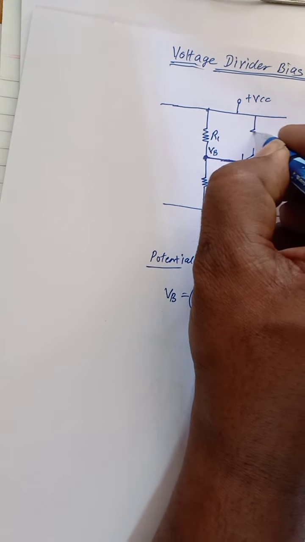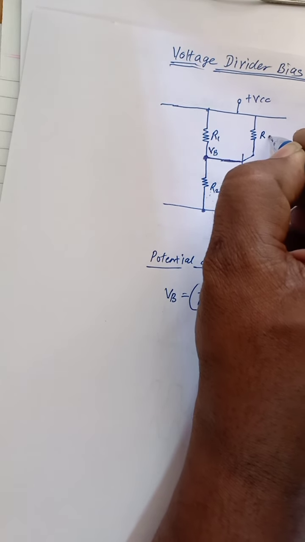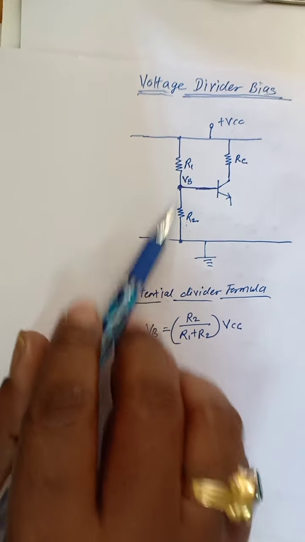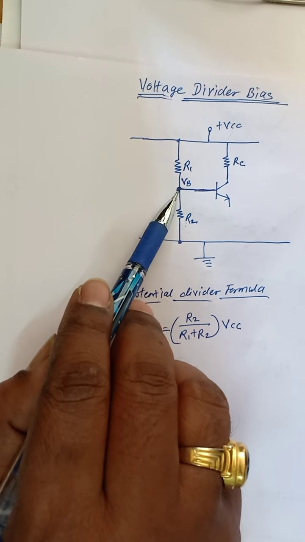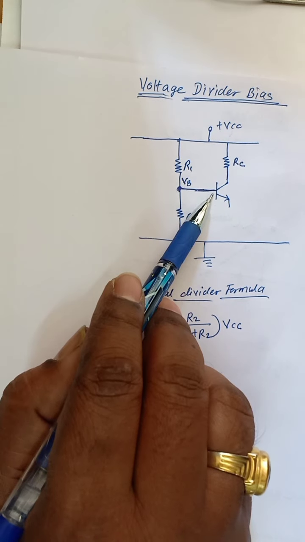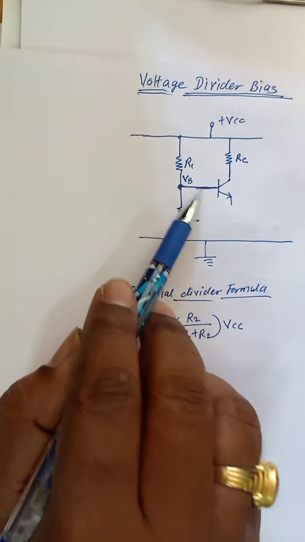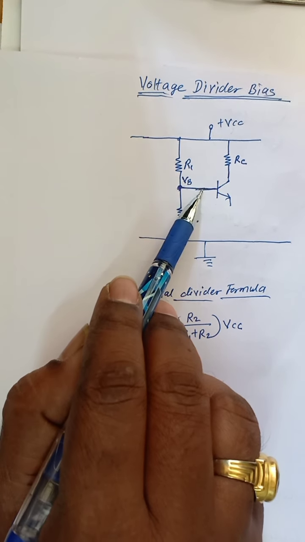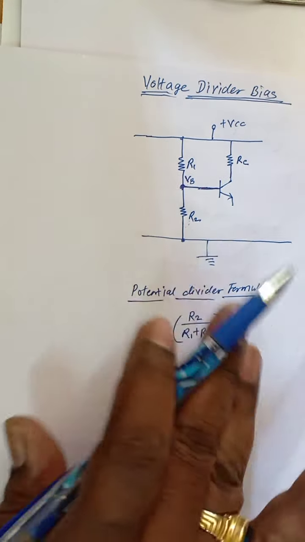There is another resistor connected at the collector which provides a load. We know the use of R1 and R2. This arrangement is known as the potential divider arrangement, which is used to generate a base voltage that is applied to the base of the transistor to bias the base, and the base to emitter junction becomes forward biased because of this base voltage.